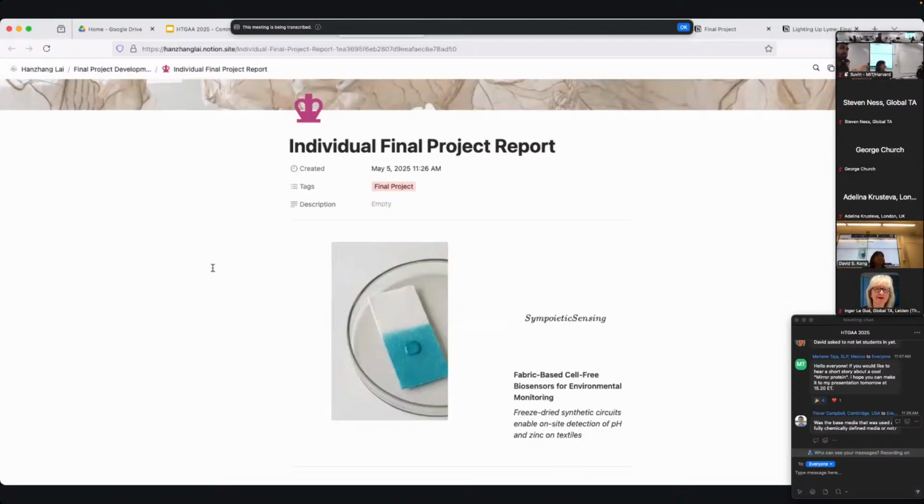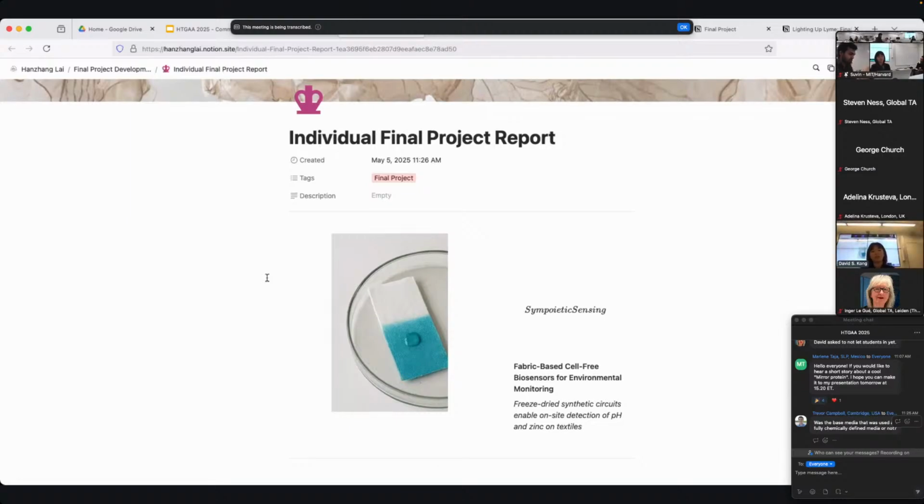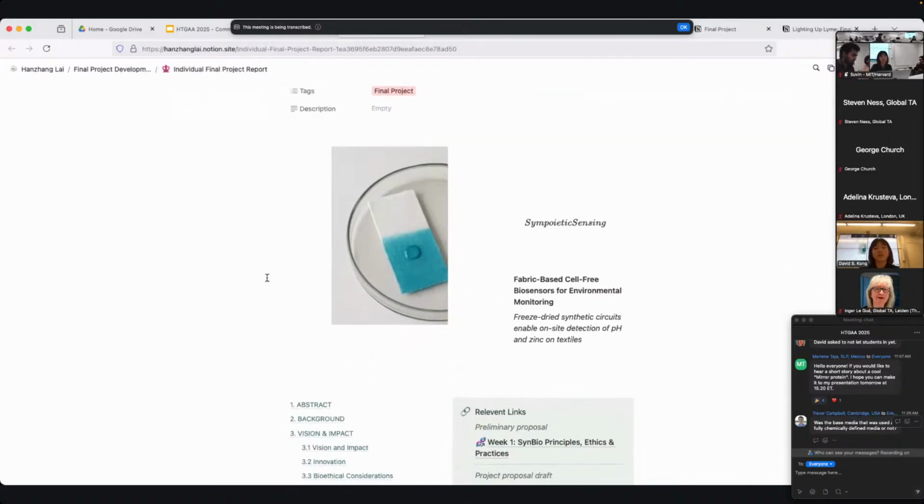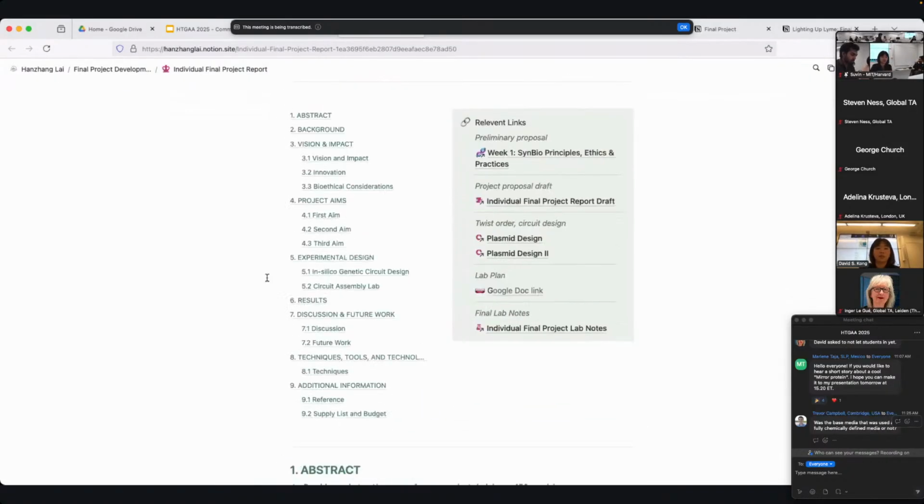Hi, I'm John. I'm from the Graduate School of Design, and I'm in this interdisciplinary program called Master of Design Studies Ecology, which is equivalent to Sustainability Studies. I have a really long write-up. I'm going to try to skim through it. So the project I'm investigating is a fabric-based cell-free biosensor for environmental sensing, and I'm specifically using zinc for testing this